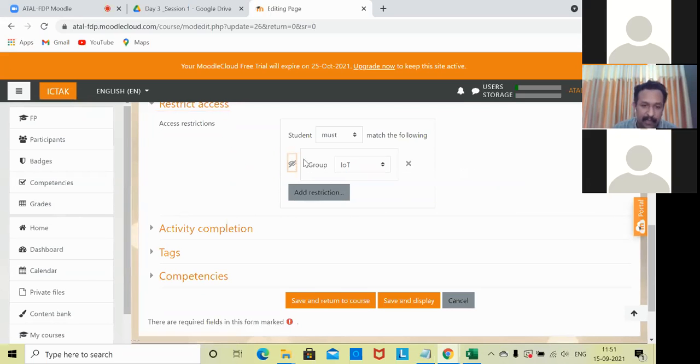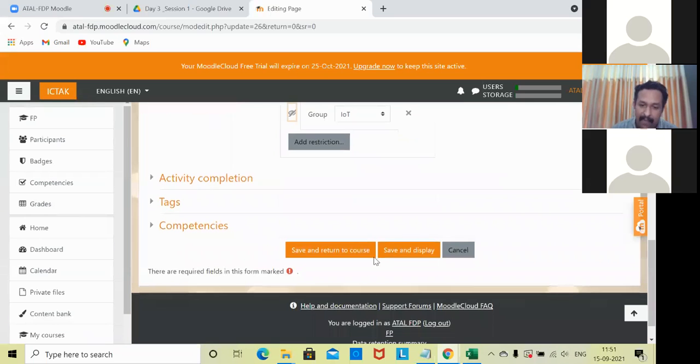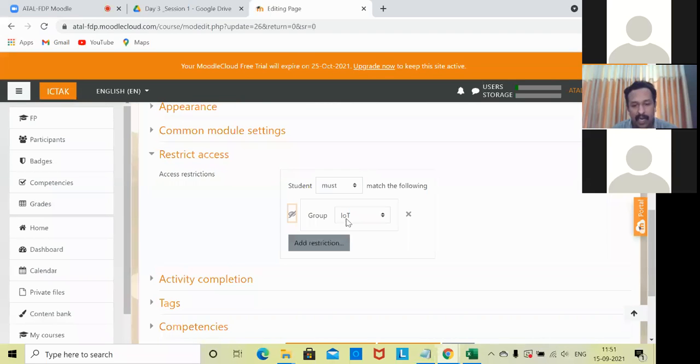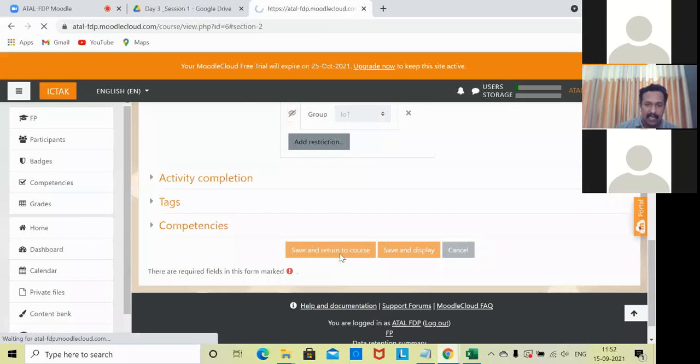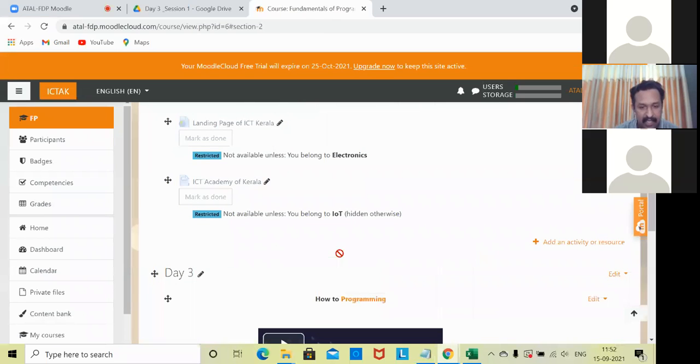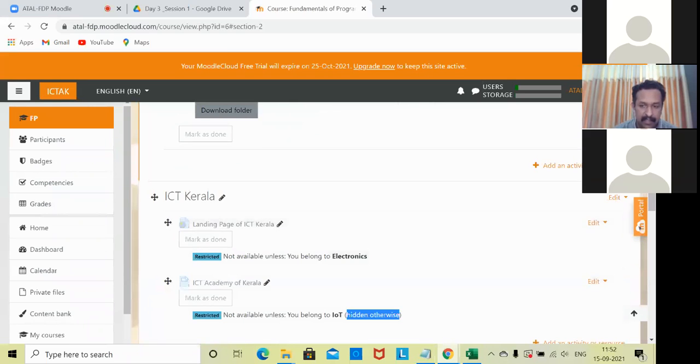That means it will be hidden from others and available only to the people from the IoT group. Now we are saving this restricted, otherwise hidden, information. The landing page is here, and we have this also.